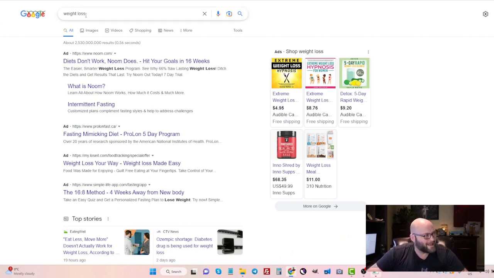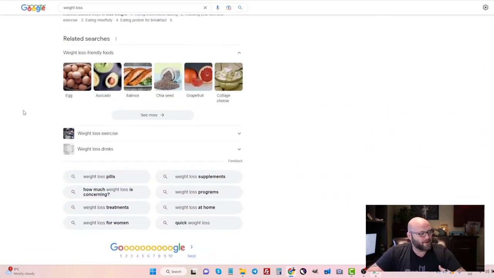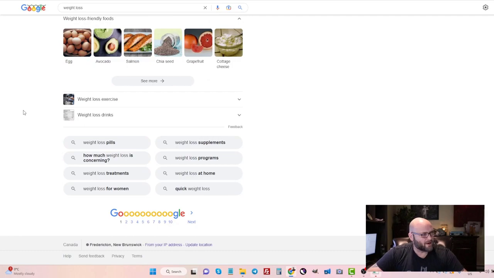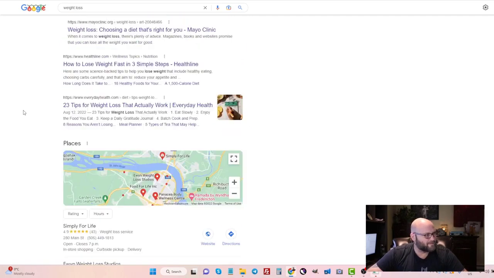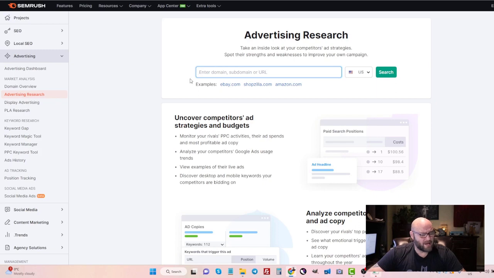So if you search weight loss, you're usually going to find non-affiliate ads. These are like the Nooms, the Weight Watchers, all the big companies are usually targeting these broad, not really hot keywords that you can target on search, but basically you're going to find the big companies, and one being Noom. Let's take Noom as an example and bring it over to SEMrush and type in